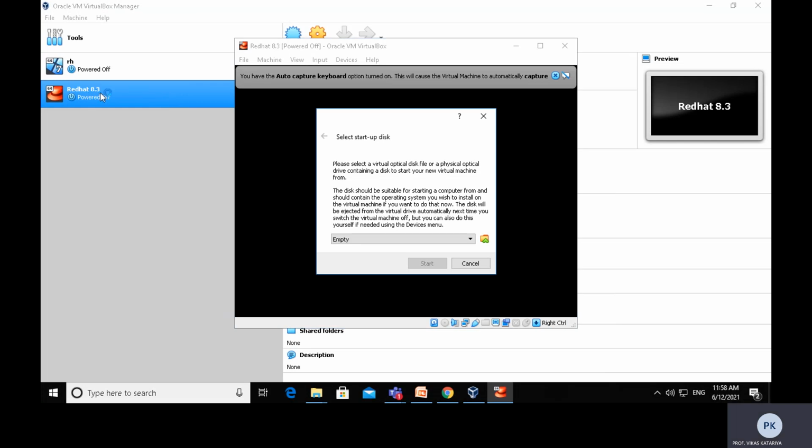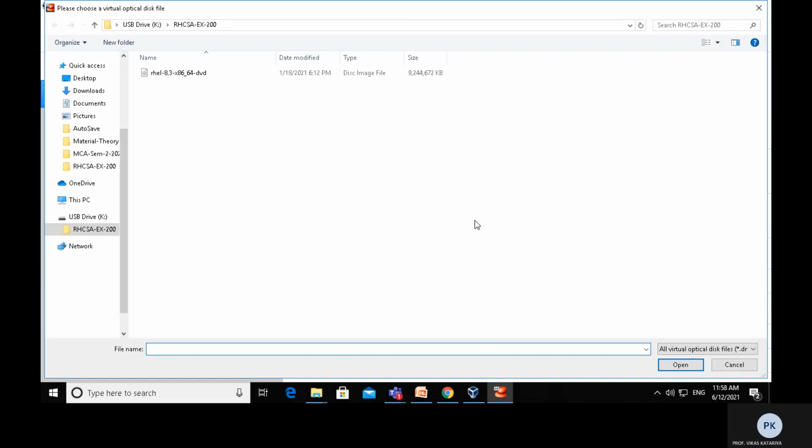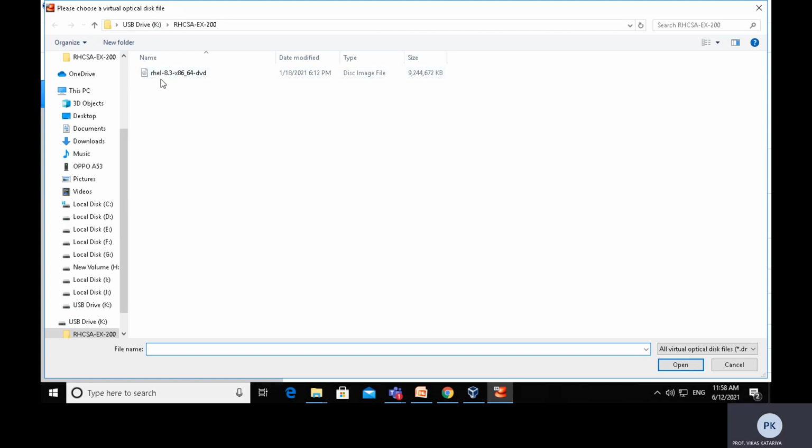After double clicking, the window will appear in front of you. It is asking about the path, where is the ISO image. So click on browse and pick your Red Hat ISO file.